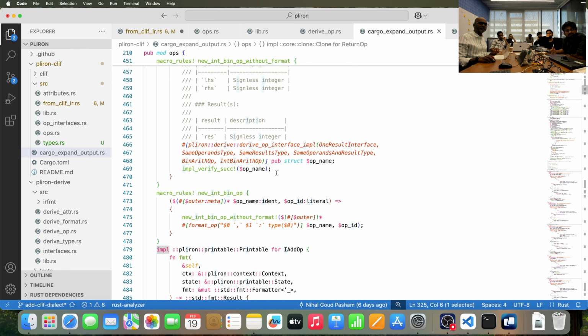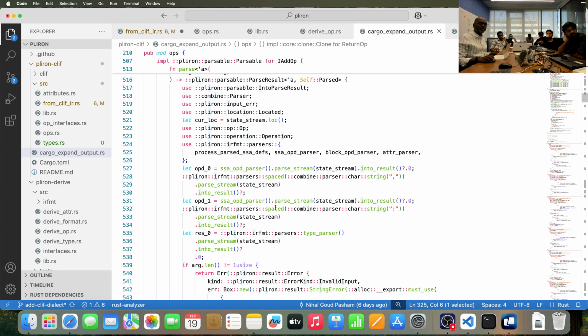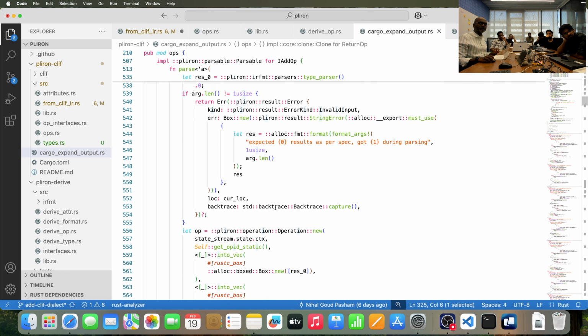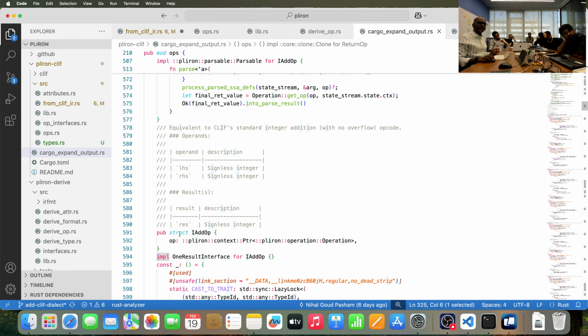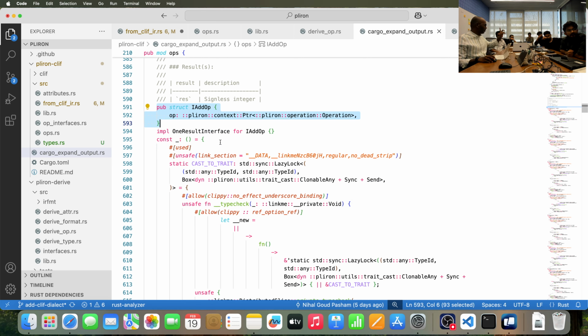So you see these macros? Right after this, there's a printable, there's a parsable, all this stuff is fine, but wait. You'll see again add op, same thing. Add op, same thing. And then you start seeing all those second macros that were implemented, you'll see the